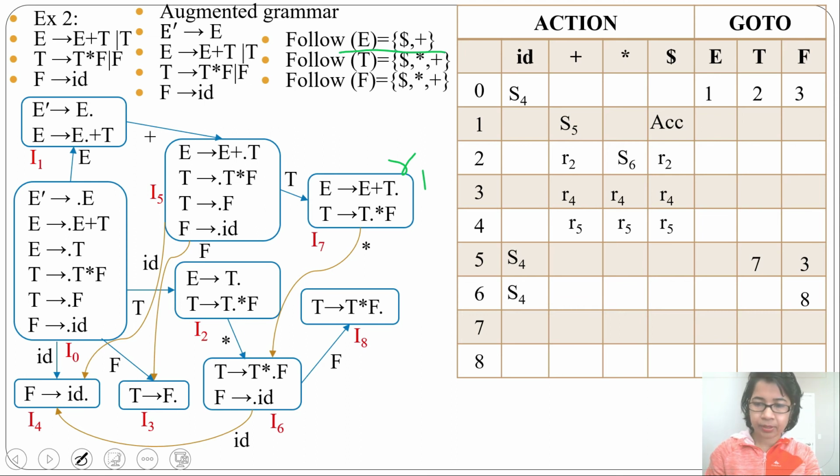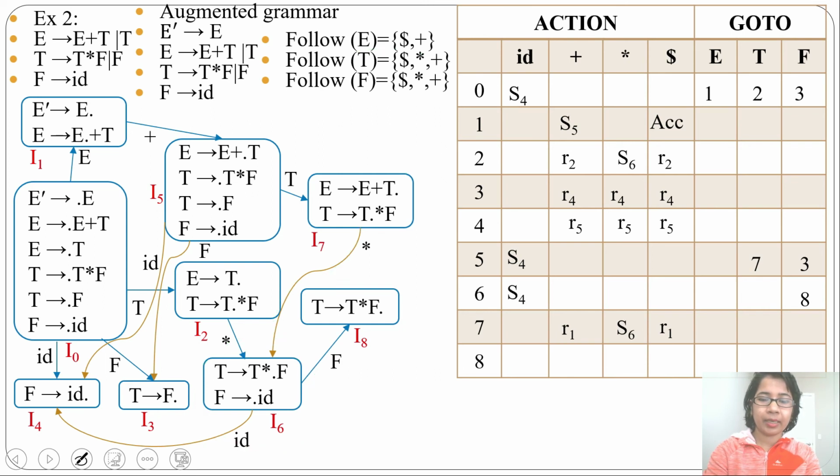Dollar and plus. We'll write R1 in the 7th row, plus column and dollar column. Then by multiplication, it is going to I6. We'll write S6 in the multiplication column. In LR0 parsing, there was an SR conflict, but in the SLR parsing table, there is no conflict.